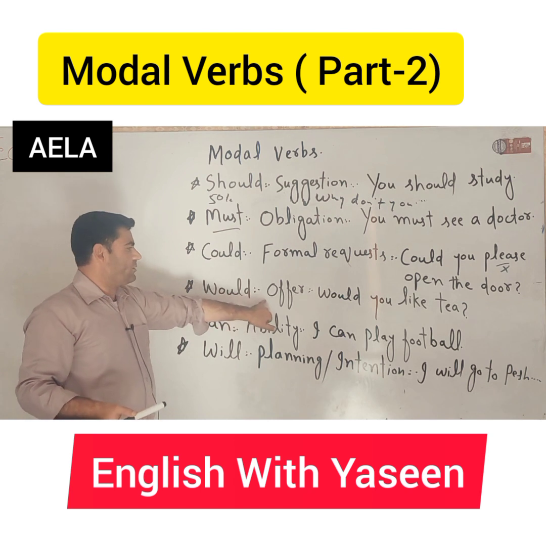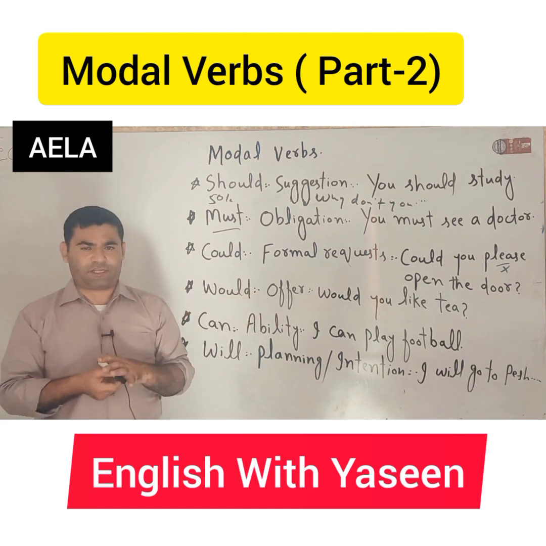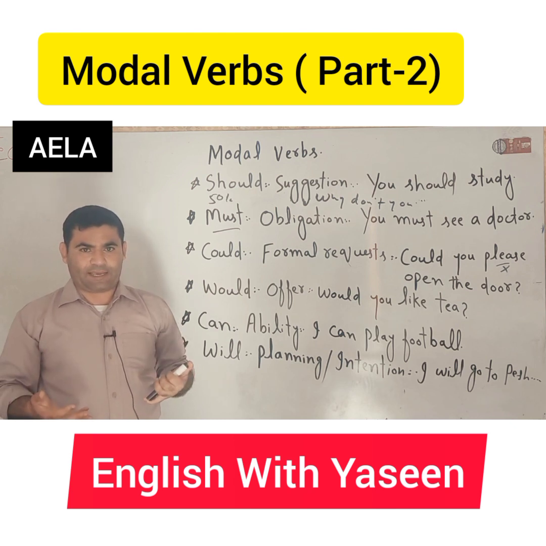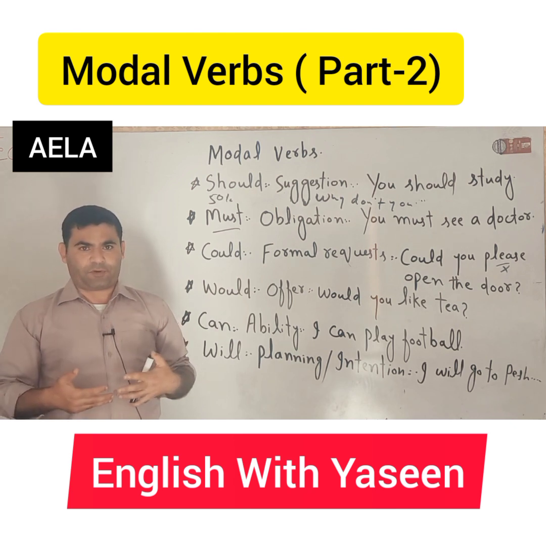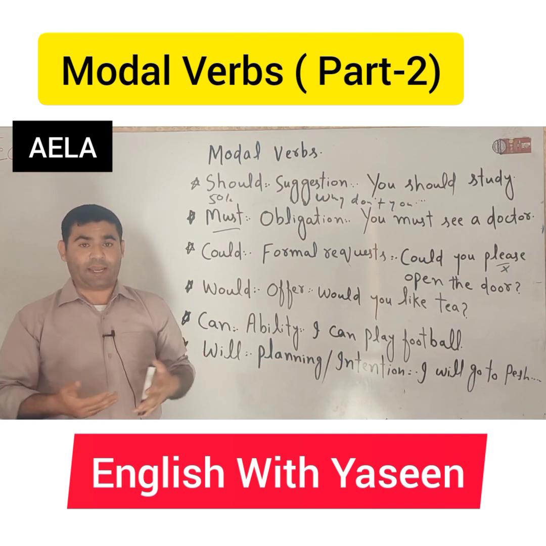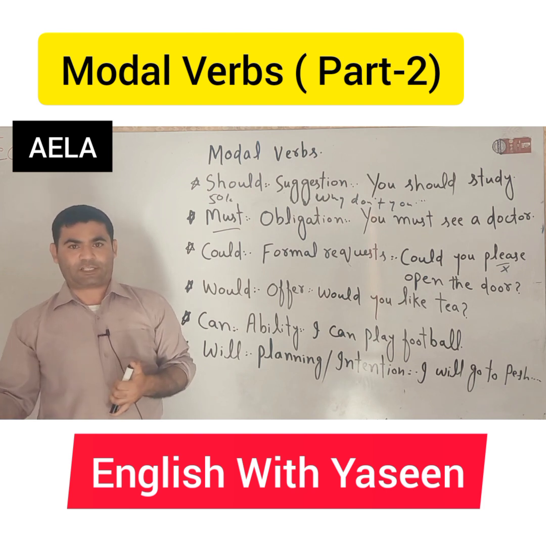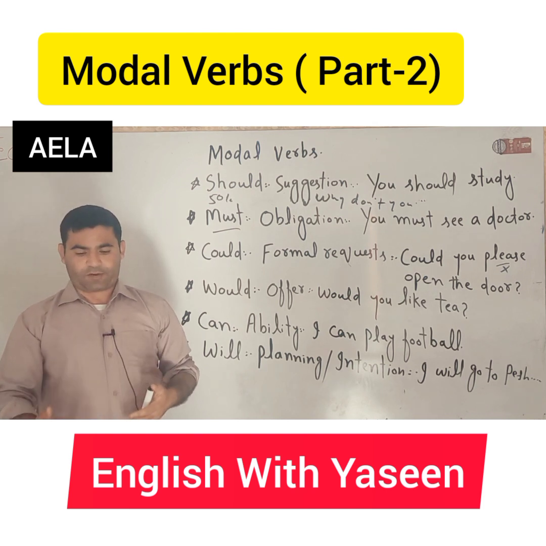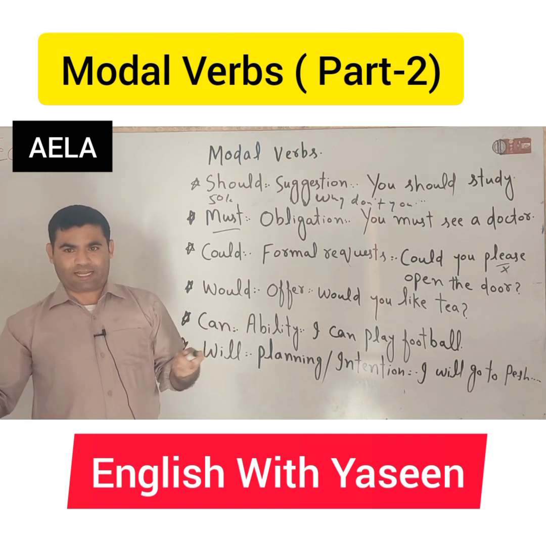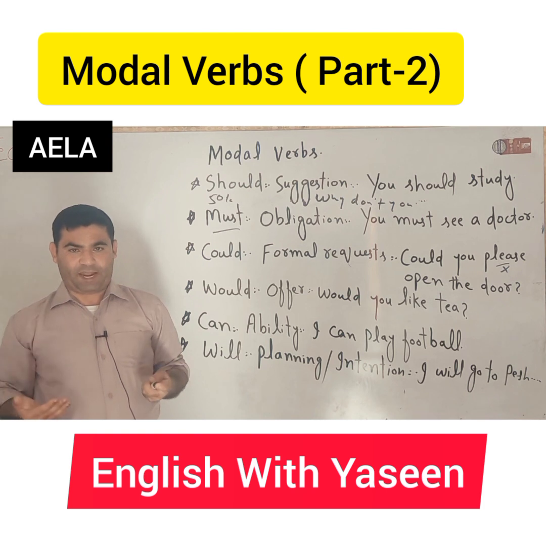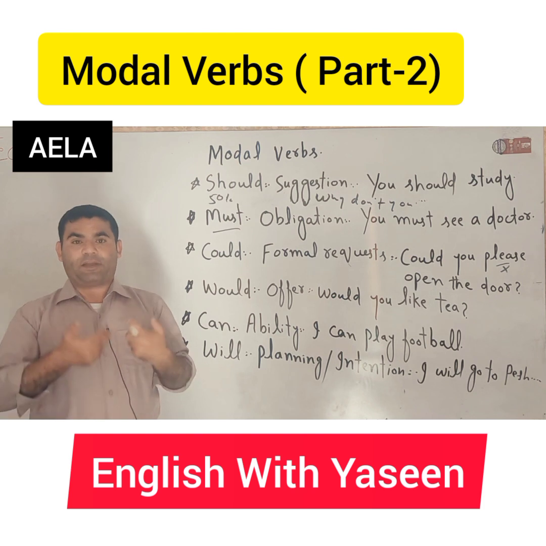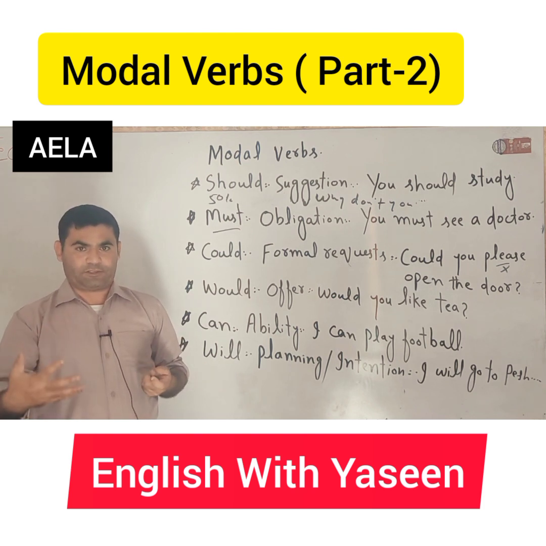Now would is used for offers. For example, would you like a cup of coffee? Would you like tea? It's an offer. We want the person to take, eat, or drink something. We're offering, okay? For example, I go to a restaurant or a hotel and the waiter comes, would you like a cola? Would you like that? And for example, I meet my friends in front of my house and I say, would you like a chicken? Would you like a cup of tea? So it's basically an offer. Would is used for offers.